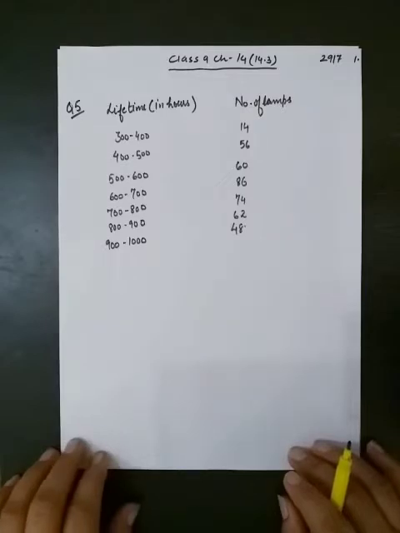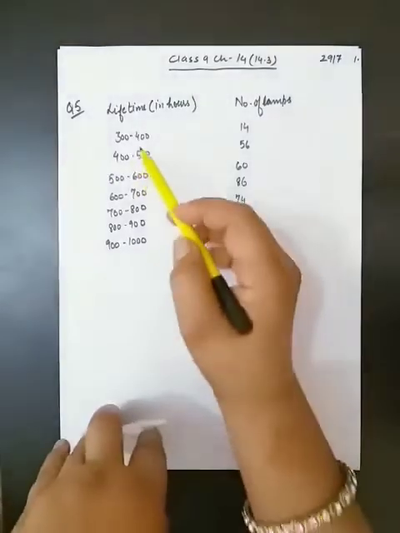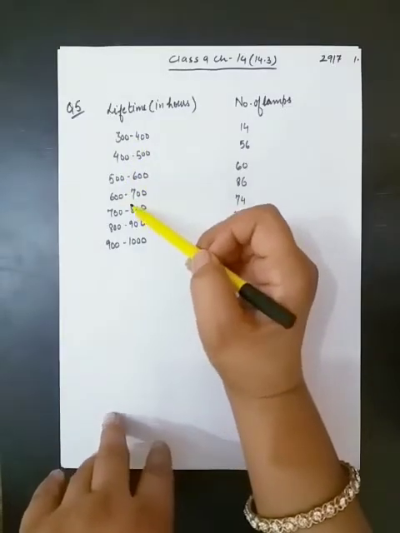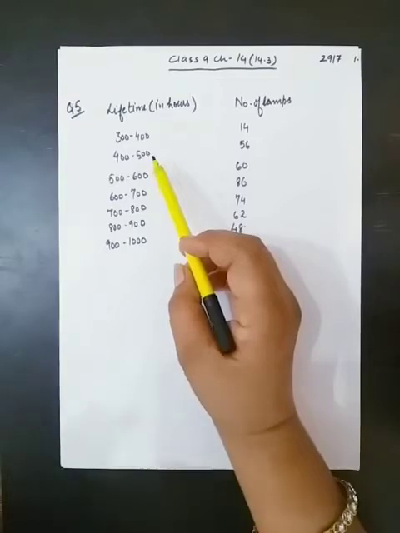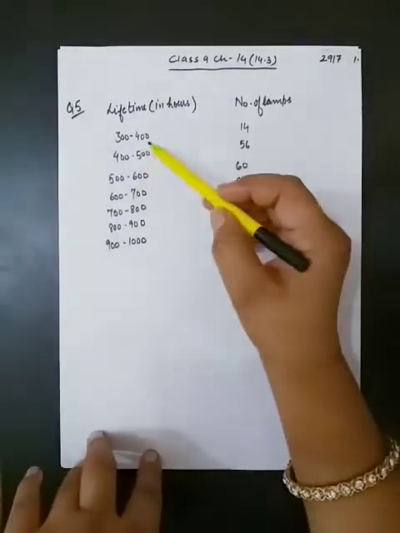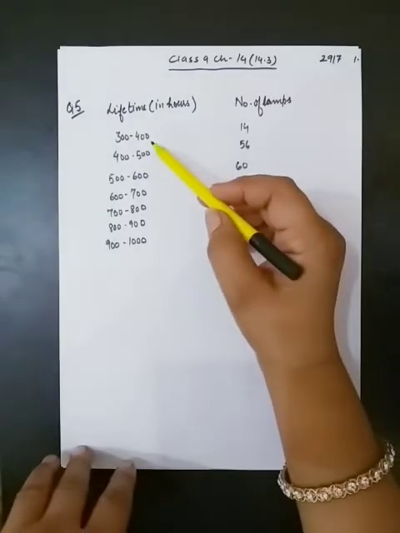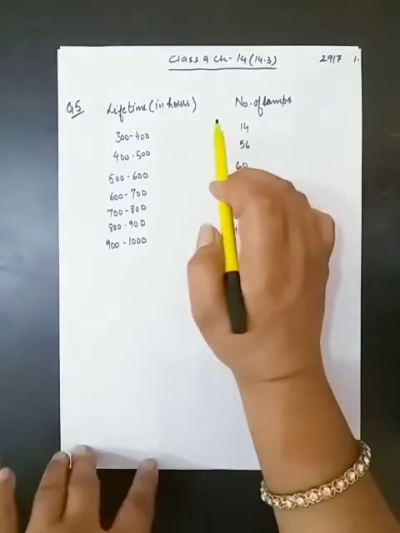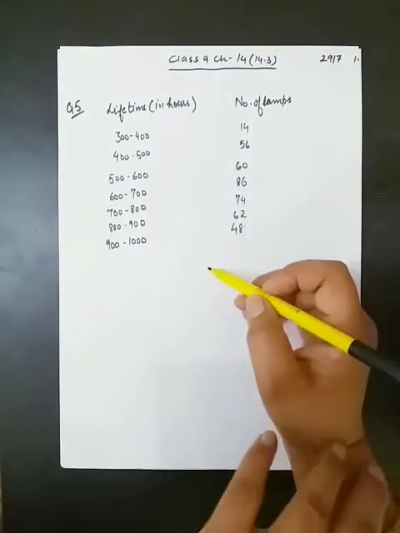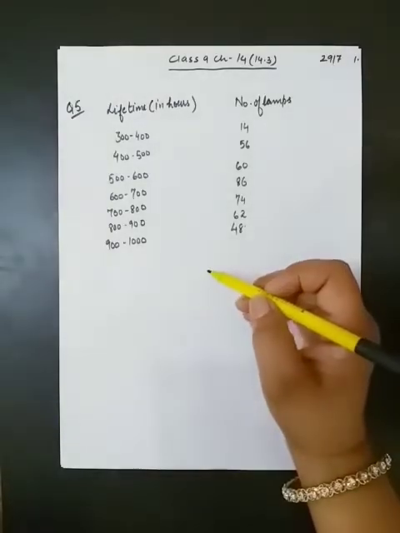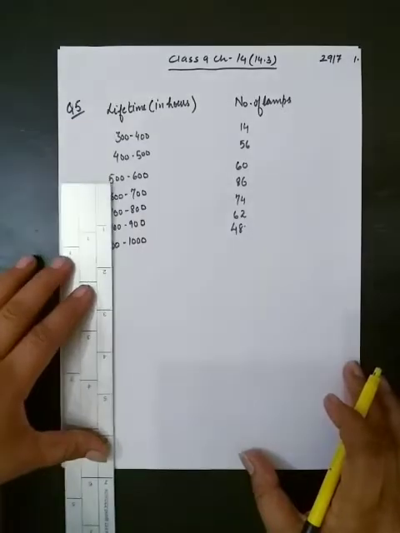So, for a histogram, first of all, we will check our class intervals. Here our class intervals are in continuous form and each class interval has class size equal to 100. Meaning class size of all class intervals is 100 and class intervals are in continuous form. So it means we do not need to adjust this data. Simply we have to draw the histogram as we have done in our previous